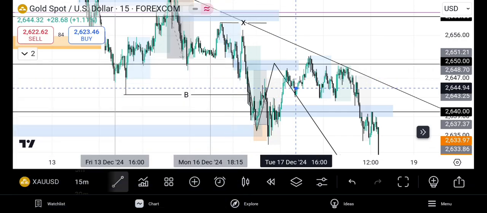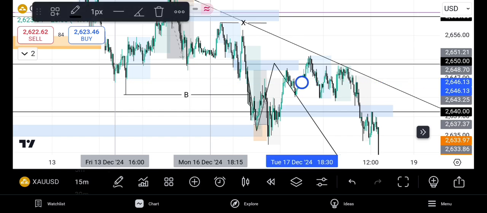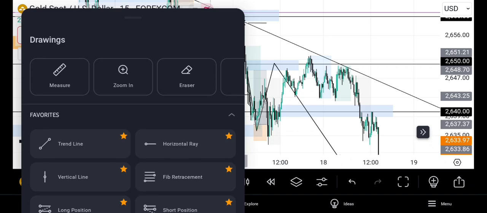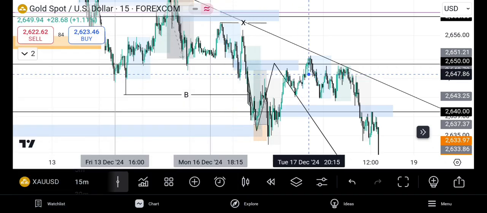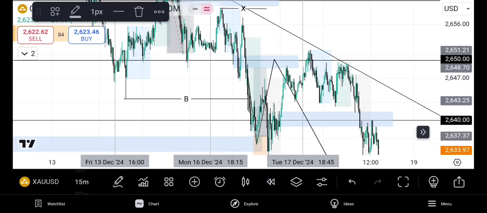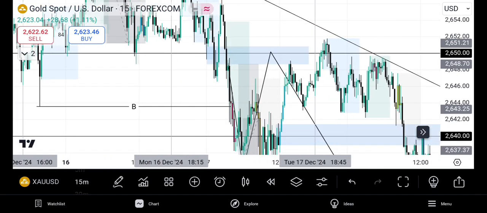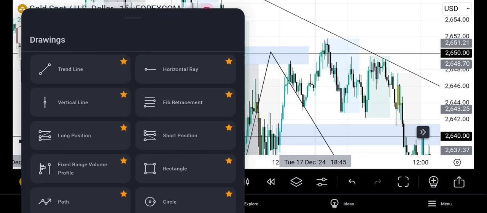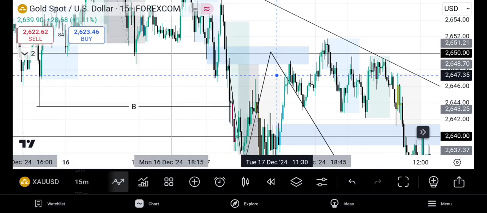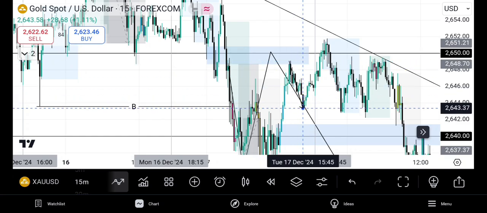Then heading to Wednesday, the market started reacting off this zone, this psychological level. This was it. It went here, reacted, got here,